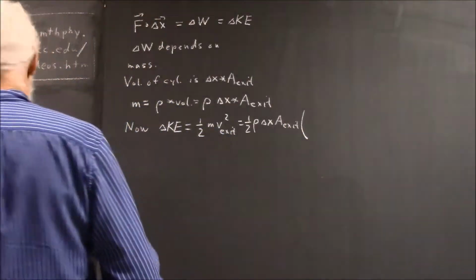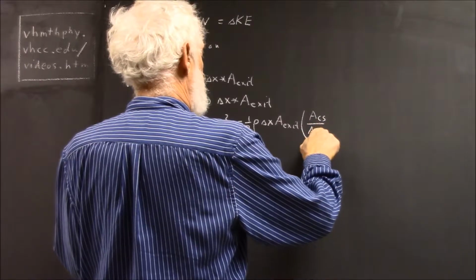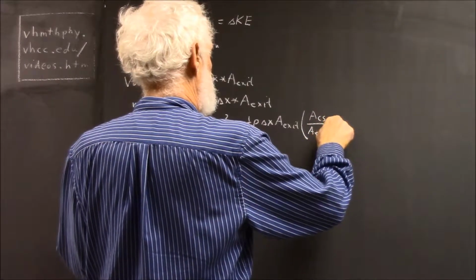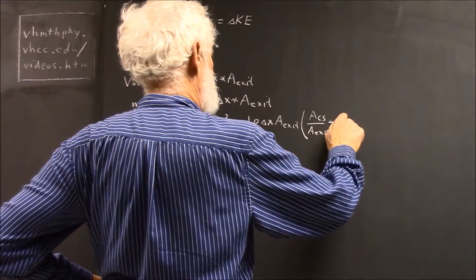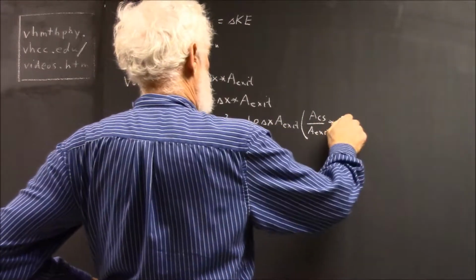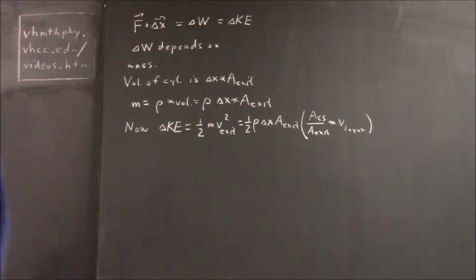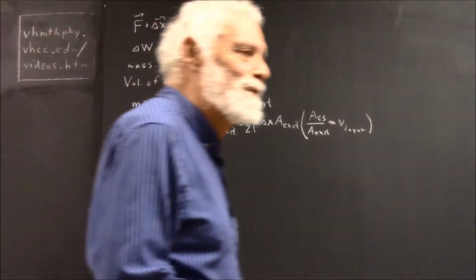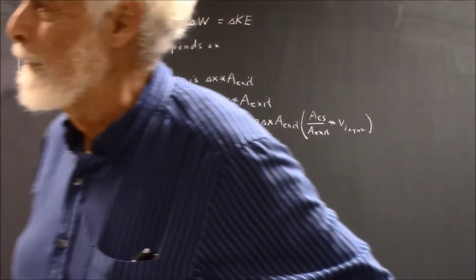And we've got to multiply that by our expression for V exit, which is cross-sectional area over exit area. Right? And then that's times velocity of the layer. So is that what we want to do? That's getting rough. It's getting rough, but you probably should have used a different expression for V exit.